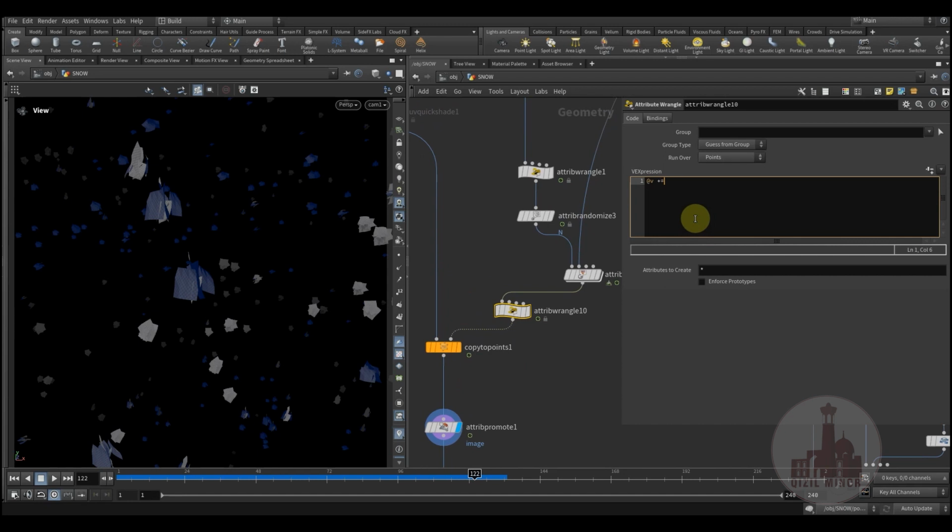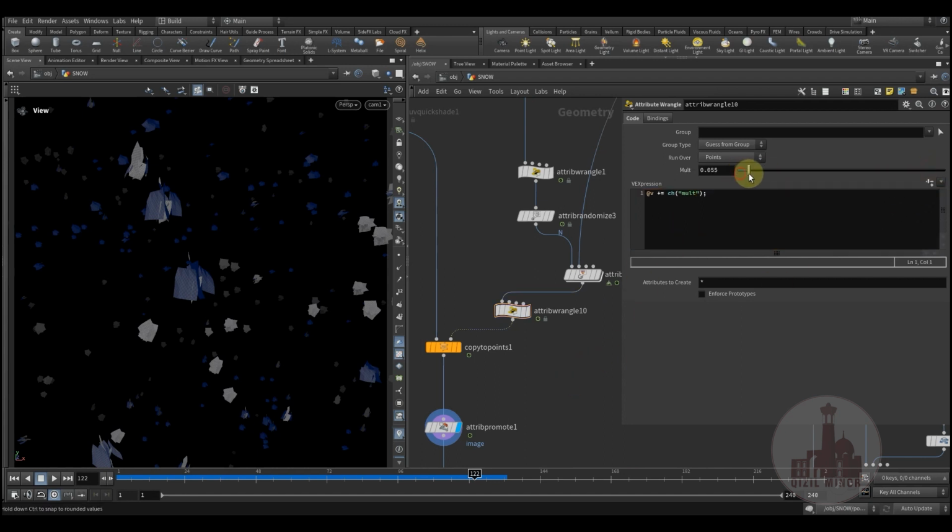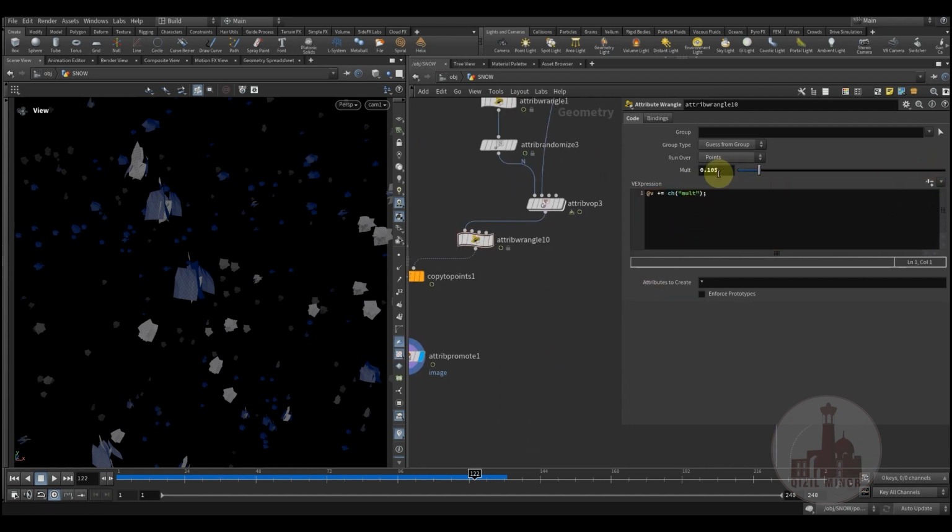Let's multiply equal by channel. I'd like to lower down my velocity attribute to just have some